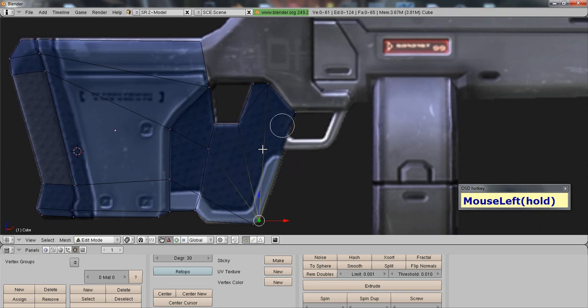Okay, what we're going to do right here is subdivide again to create another point to do this gun piece right here. And then we're going to move this over here and then continue on with the gun. Grab it, place it right here, and then subdivide one more time. And grab it right there. And then take this, and then extrude, grab,